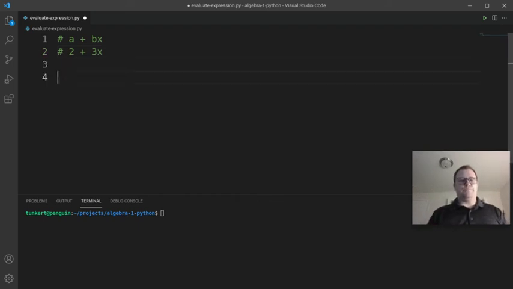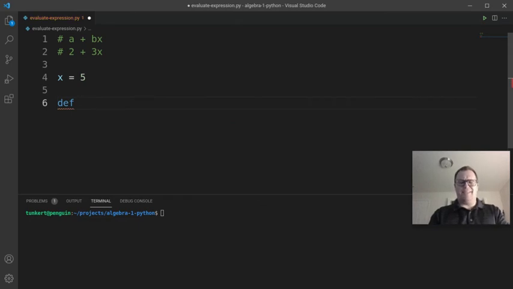All right, so let's say we have that and we want to evaluate it for a certain value of x. We're going to start with just having some value of x, all right? So we're going to say x equals, let's pick a number, 5, okay? And we're going to write a function to evaluate that value. So we're going to say